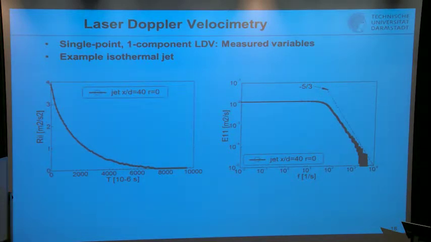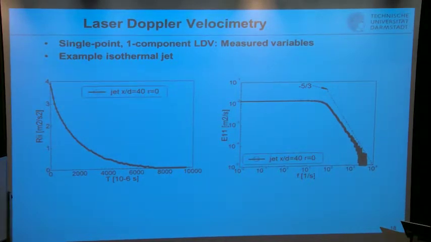And it should be, for isotropic homogeneous turbulence at center line, it should behave corresponding to the -5/3 law, which is not the case. Maybe it was slightly misaligned. It's not so easy if you have a nozzle, let's say, of 20 millimeters, and you go 40D downstream, you have to find exactly where that is. And any disturbance from the lab might make this small deviation. However, that looks quite good, and this is based on millions of data points to get this smooth